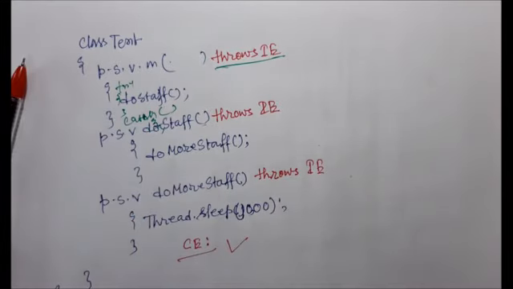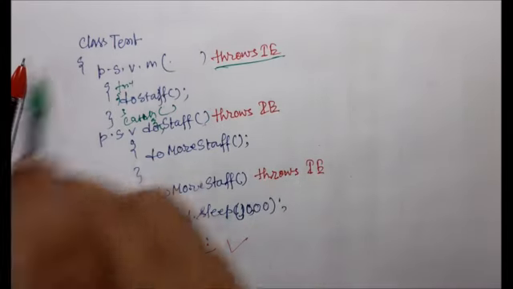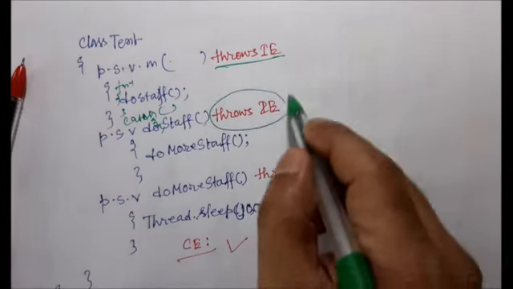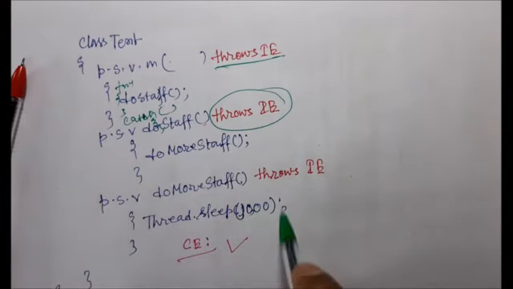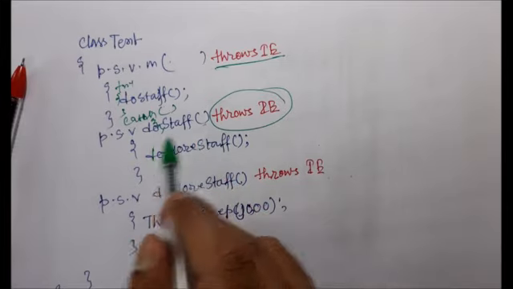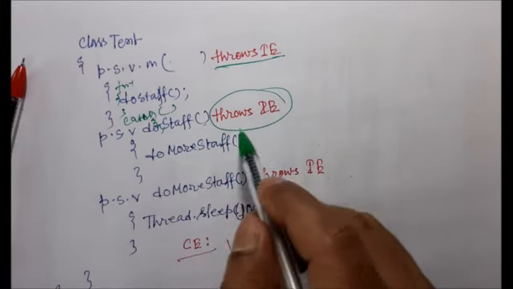If I write, otherwise I have to use the throws keyword. Now think about the sequence. In every method, it is passing this exception by using the throws keyword to its super method, which is calling this method. If this is not present, then whenever there is an exception, it throws the InterruptedException to the caller method, but if this caller method is not handling it, I will get the exception here.